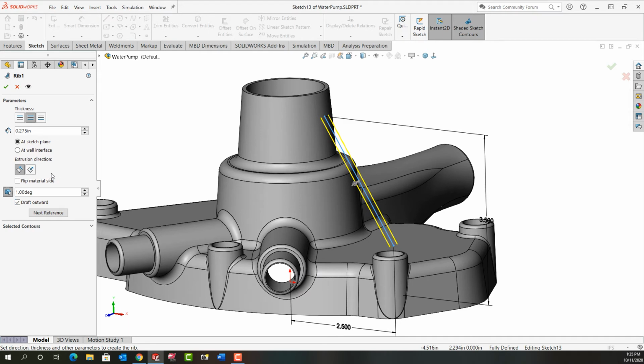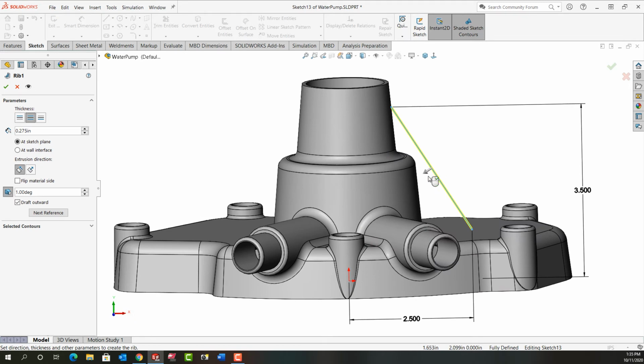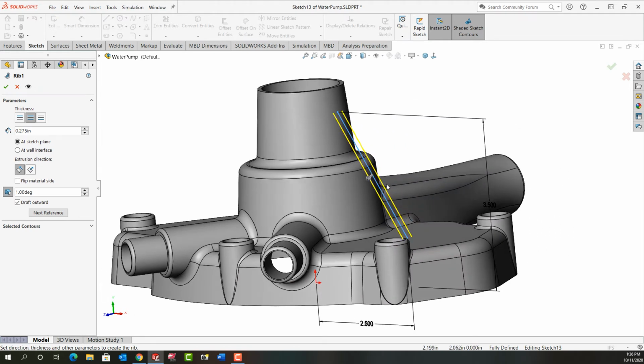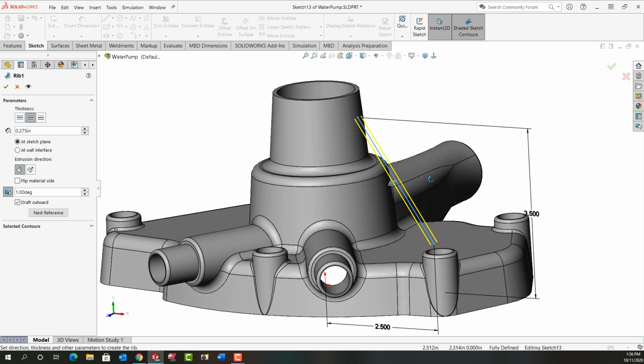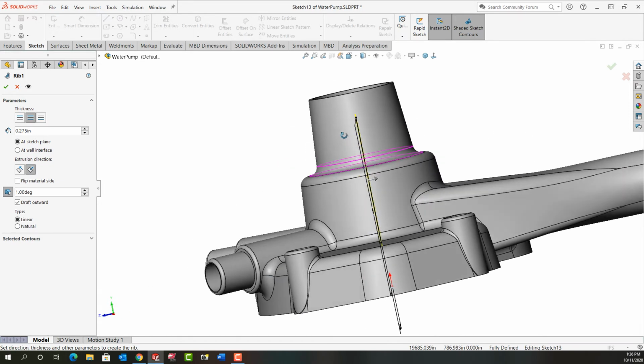And what we want to watch for is the way the arrow is pointing. When we create a rib, it has to be able to extrude up to a solid face or body. So if that arrow is pointing the wrong way, if I click on it, it'll flip direction. This will never work because there's nowhere for it to terminate. So I flip that, and the other option we have here, if I click this, is how it handles that